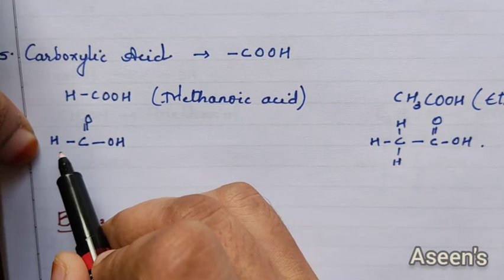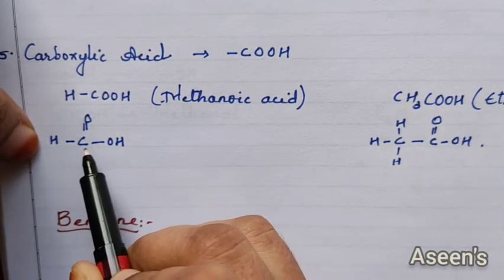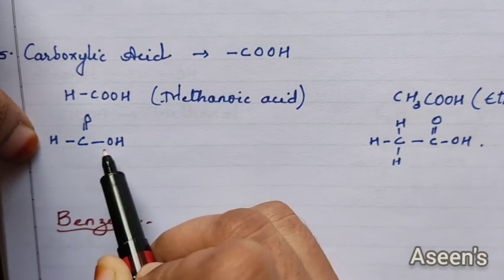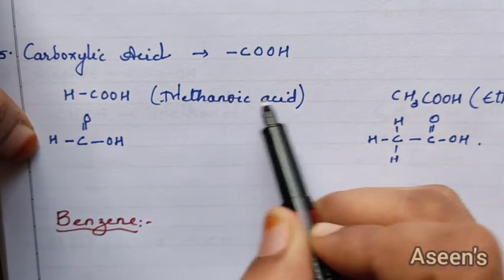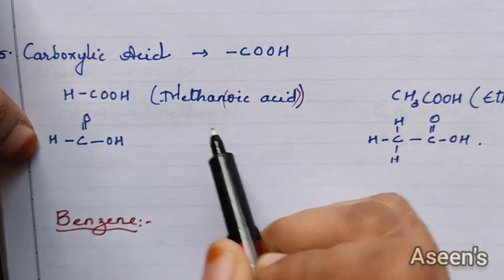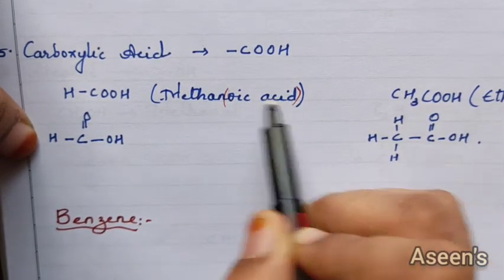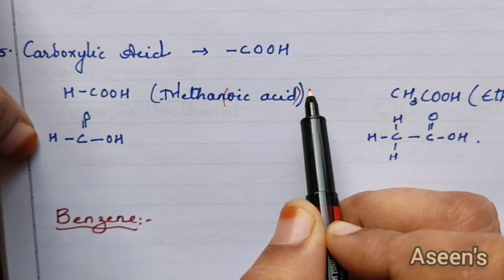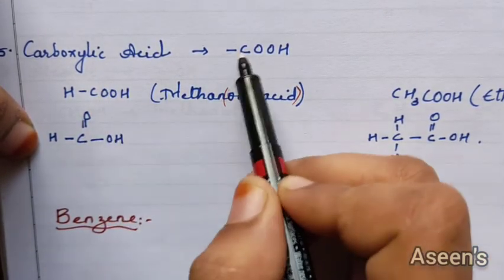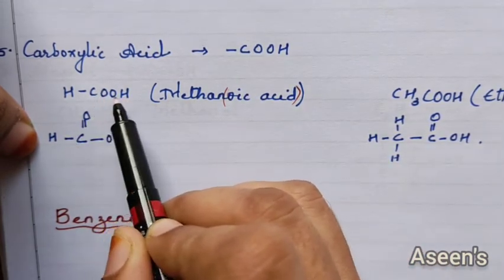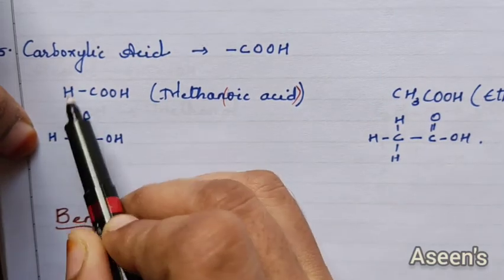So what will be the name of it? Since I have got one carbon here, it is going to be methanoic acid, since it's a carboxylic acid. So "oic acid" is what you need to add. Methane, so the E you are supposed to cancel. Oic acid, methanoic acid. Writing in molecular formula, I'm going to write this in a functional group form, that is COOH, and whatever was connected to it, that is H.